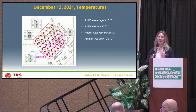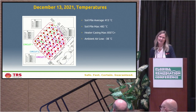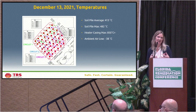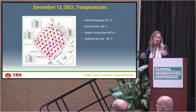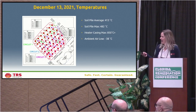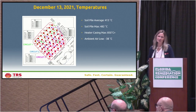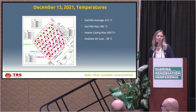There's a lot going on here, but just to walk everyone through it, all the red dots represent our heaters. There's a high density of heaters at this site. Again, we're getting to high temperatures, so you need that infrastructure spaced really tightly together. And then at each and every one of these boxes, with data represented in a table, you've got 3 inches below grade all the way down to several feet below grade, looking at temperature with a specific depth